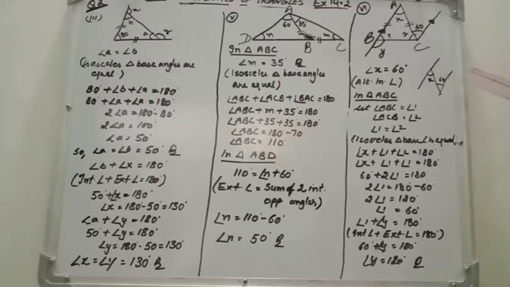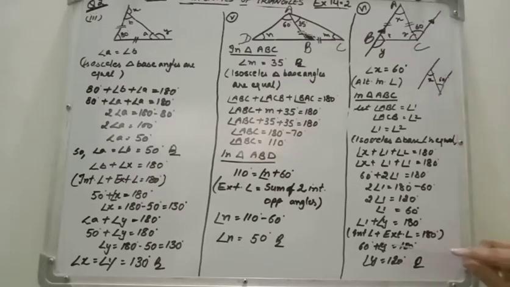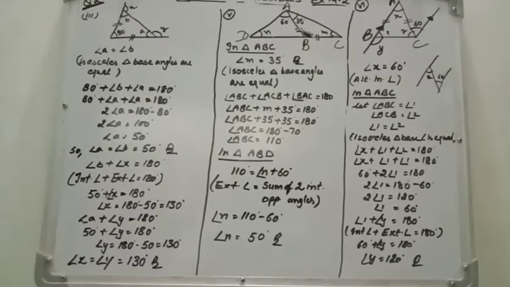Now if angle 1 is 60, it means angle 2 is also 60. But we want to find out only Y. Okay? So we take angle 1 plus angle Y is equal to 180 degrees. Which property? Again, interior angle plus exterior angle is equal to 180 degrees. So put the value of angle 1, 60 plus angle Y is equal to 180 degrees. So 60 moves to the other side. We get 120 degrees. Like that we will get the value of Y.